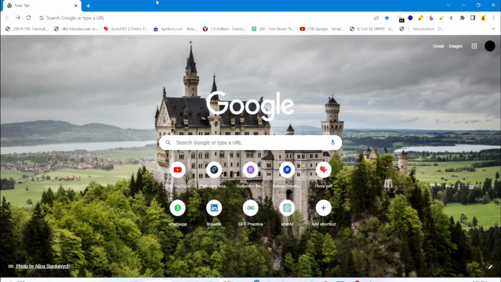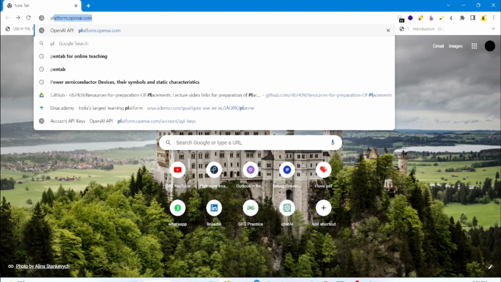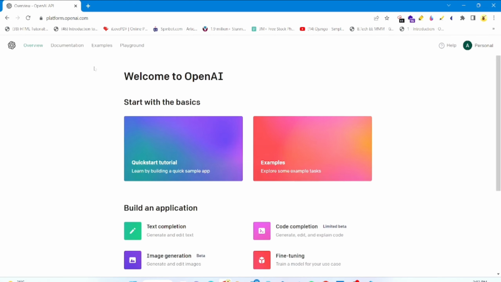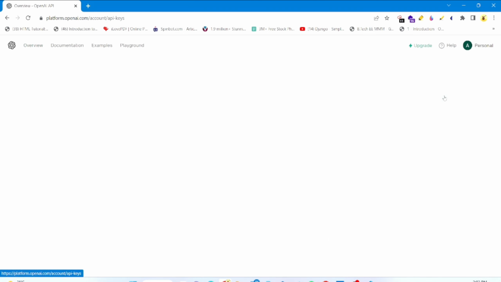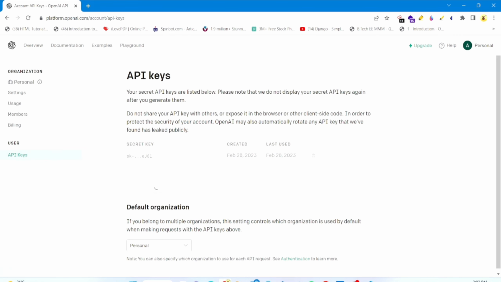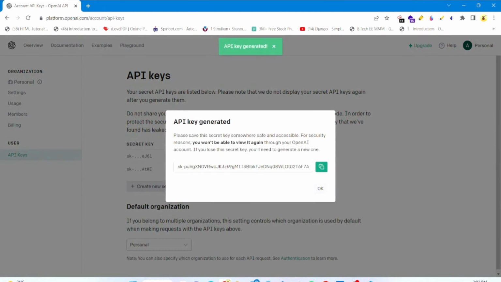To create a key, go to Google and search for platform.openai.com. Click on the profile and click on view API keys. Click on create a secret key, new secret key. Just copy the key you have generated and go to the Python file